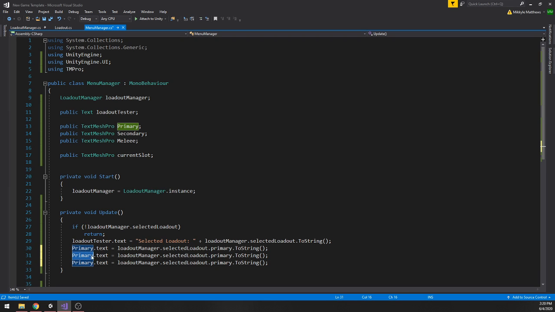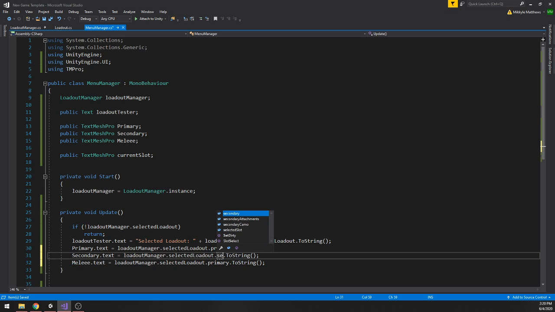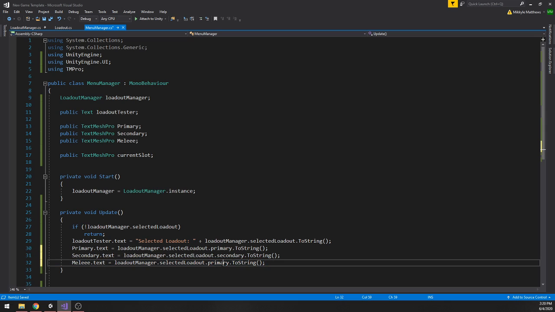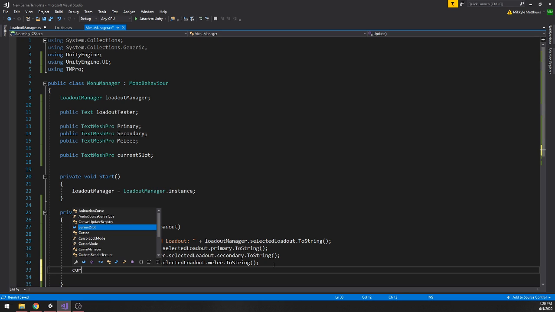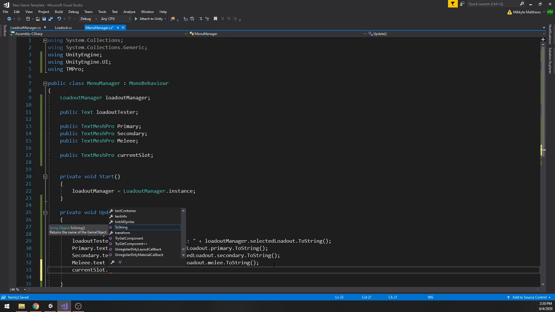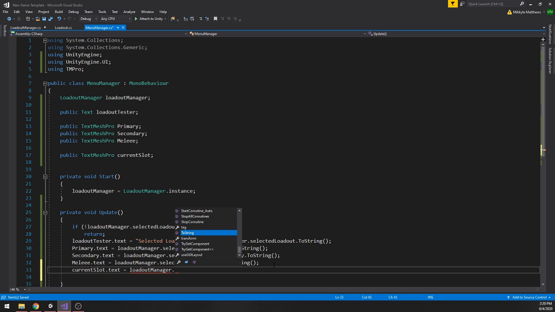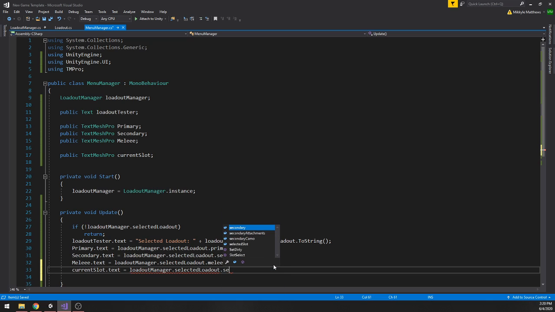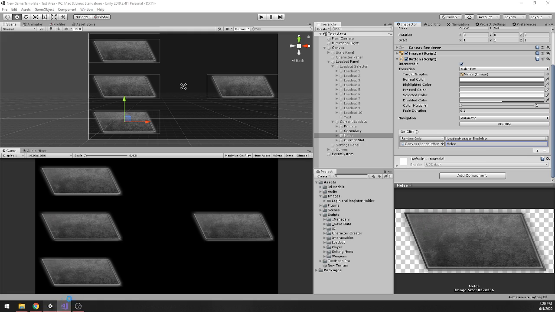So we'll do that two more times, and then just change that to secondary, change this to melee, come in here, change this to secondary, and change this to melee. And then in our current slot, we'll go current slot dot text equals loadout manager dot selected loadout dot selected slot, which is a string, so we don't need to change anything. So if we come back into Unity,